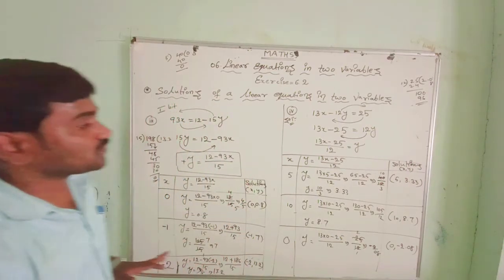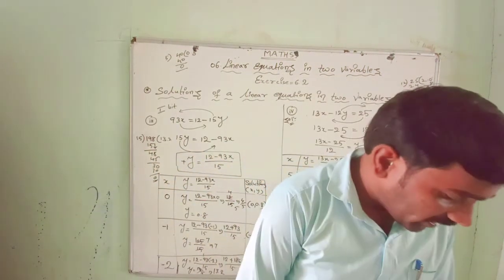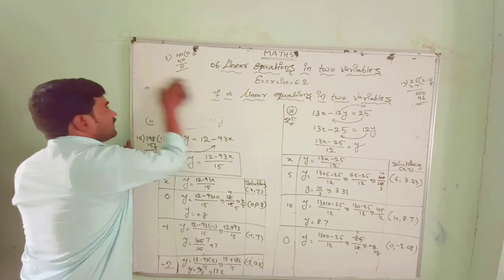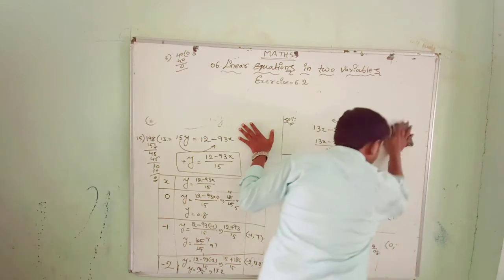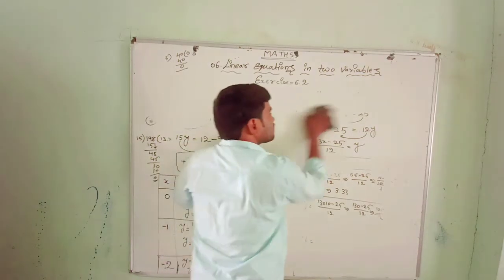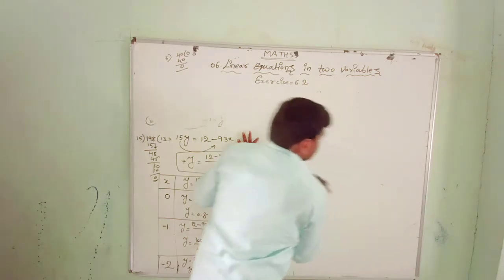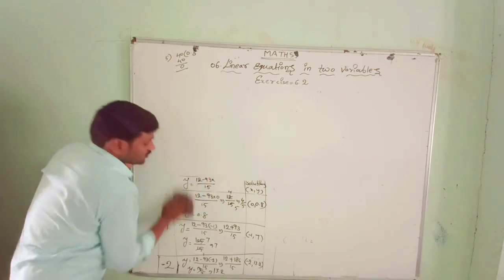So I hope you understood this clearly. Take a screenshot of this if you require. Then the remaining 2 questions, you people have to do: the 5th one and the 6th one. You just do it and we go for the next questions. The remaining 2 are very easy in this exercise. Graphs will be the same, but graphs I cannot draw on the board properly, so I am telling you here itself. Even so, I will put up videos on the graphs also.